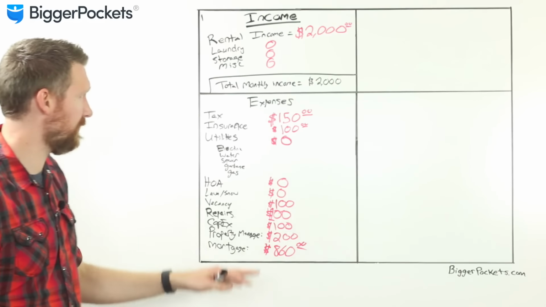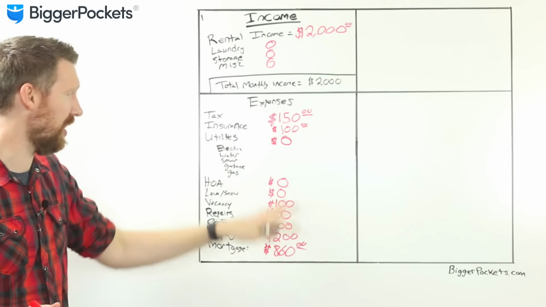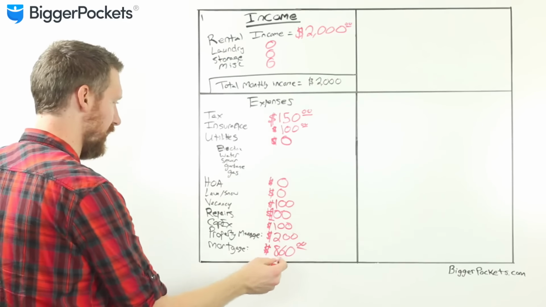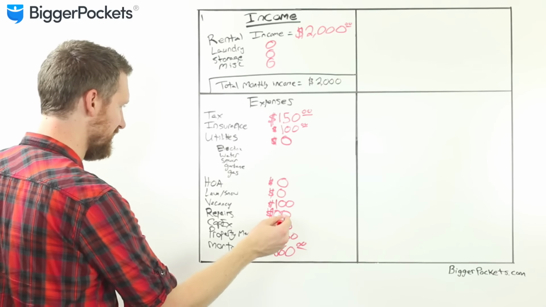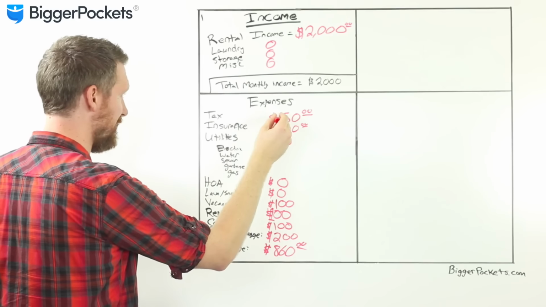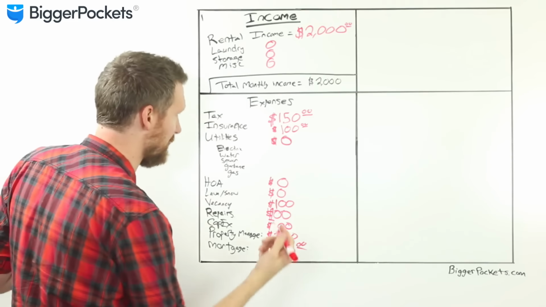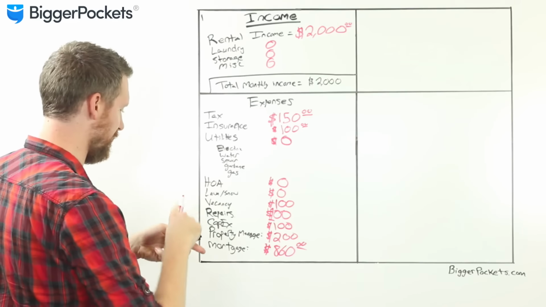So at this point, we've got a list of most of our expenses, if not all of our expenses. Now we're going to add all these up together. So we've got $860, $960, $1060, $1160, $1260, $1360, $1460, $1560, $1610. Is that what you guys got? I hope so. Okay, so at the bottom now, we have our total monthly expenses,